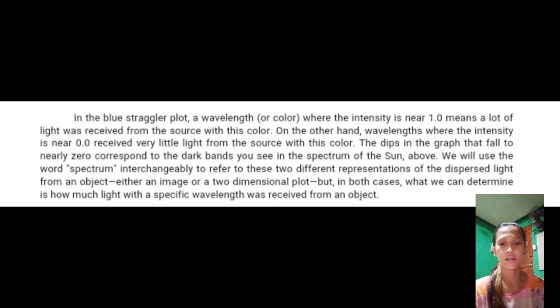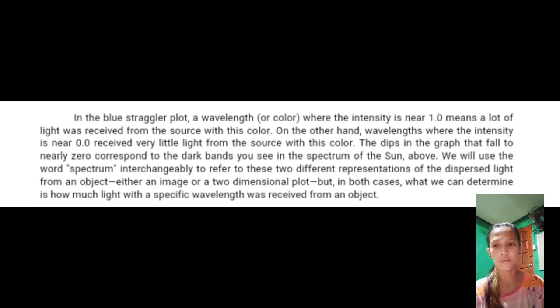from the source with this color. Have you seen the blue, the violet, the yellow, and the red ones? On the other hand, wavelengths where the intensity is near 0.0 receive very little light from the source with this color. The dips in the graph that fall to nearly zero correspond to the dark bands you see in the spectrum